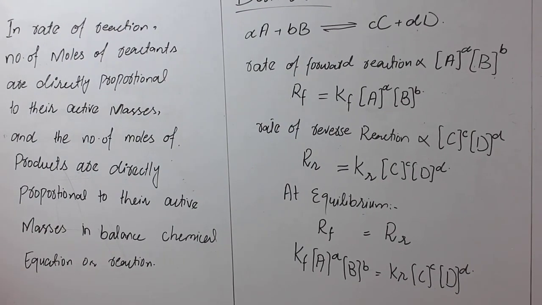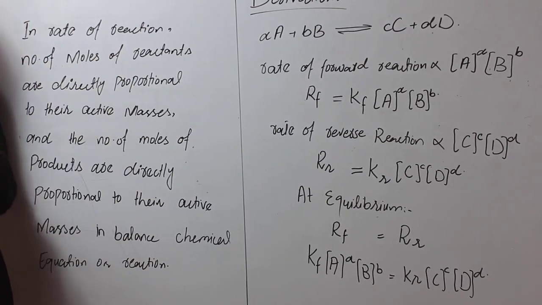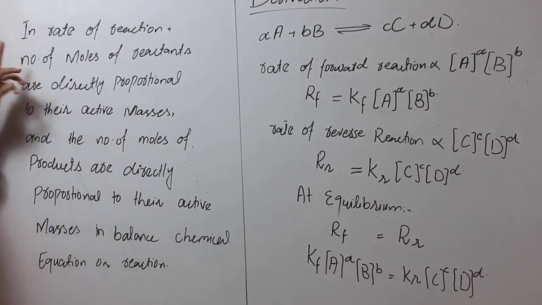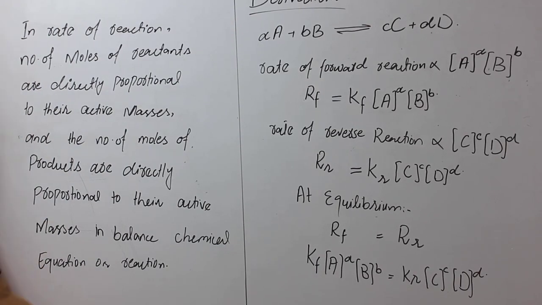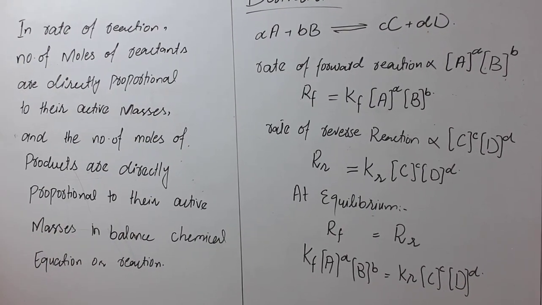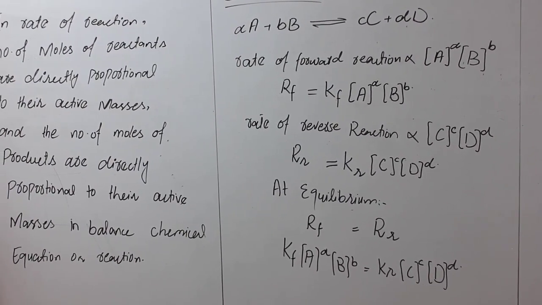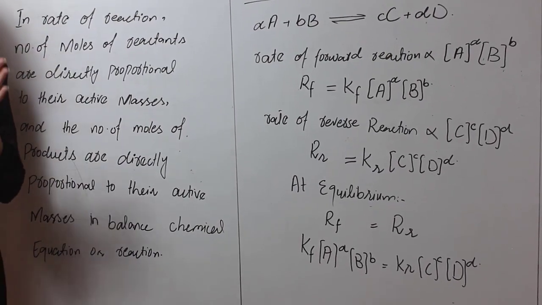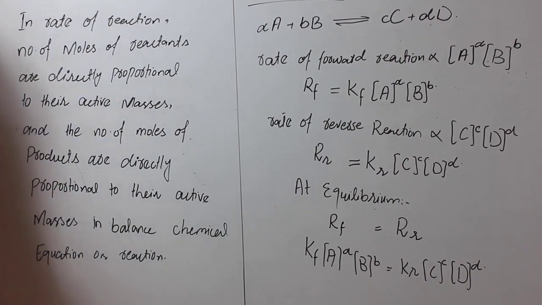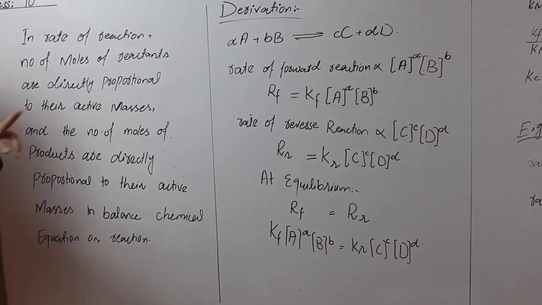In the case of the law of mass action, we cannot discuss the balanced chemical equation and the number of moles, but in the case of the equilibrium constant we discuss two new things: one is the number of moles and the second is the balanced equation. Meaning the equilibrium constant, or the general expression of the law of mass action, applies only to equations which are in balanced condition, and the second thing is that they apply only to reversible reactions. They cannot be applied to irreversible reactions; they apply only to those reactions which occur in both directions.